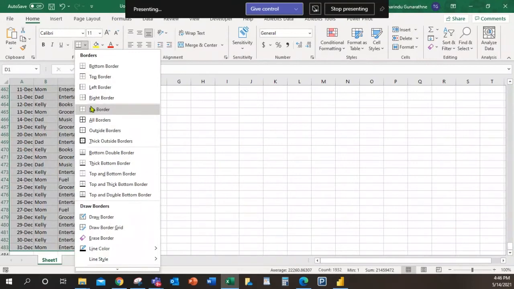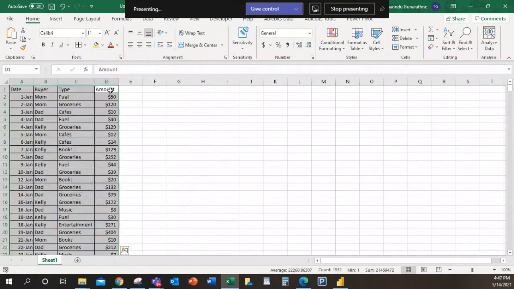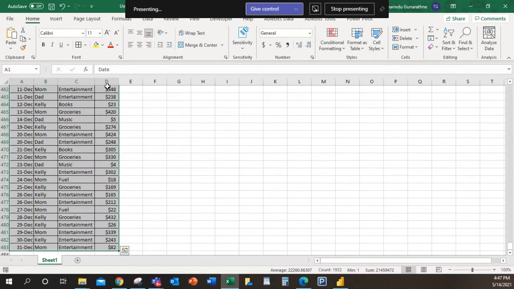Okay. Now, is this a table? No, right? This is not a table. Those are like borders, and these cells have some set of values. This is not a table. Now, let's say if you need to convert this into a table, then you can, let me copy that file